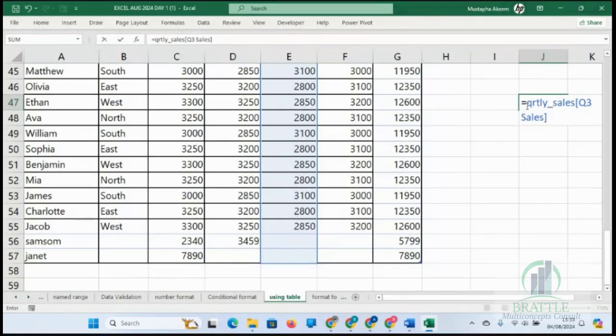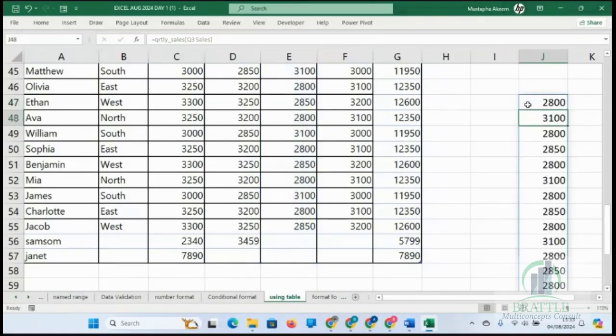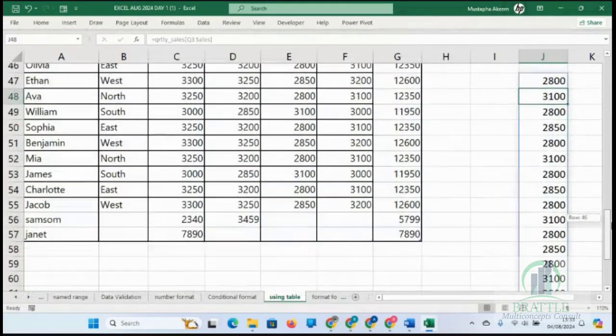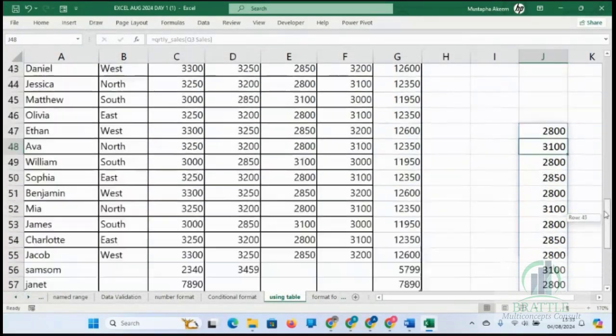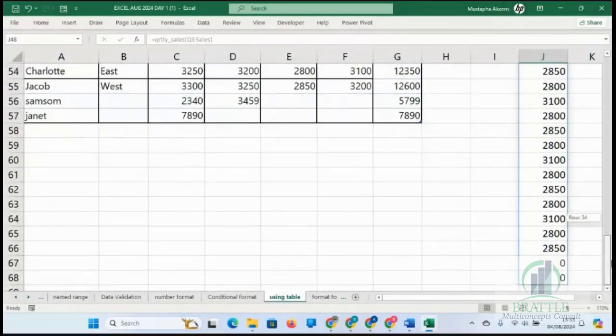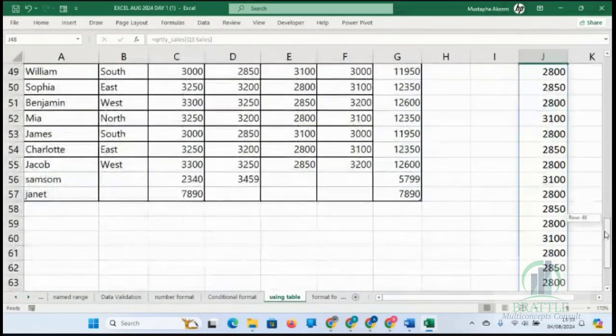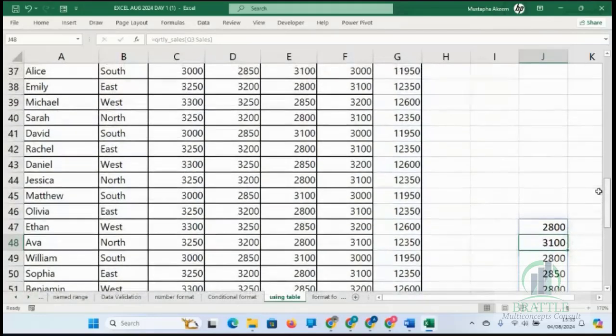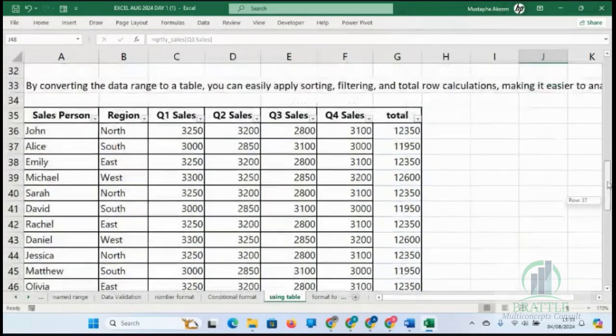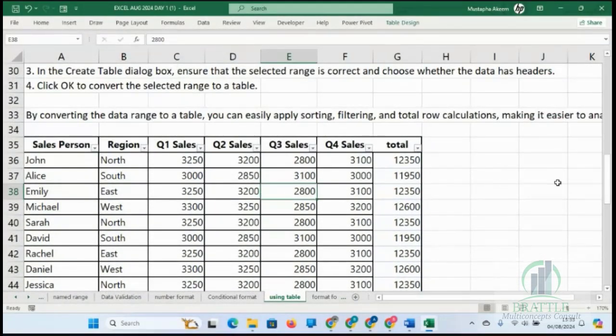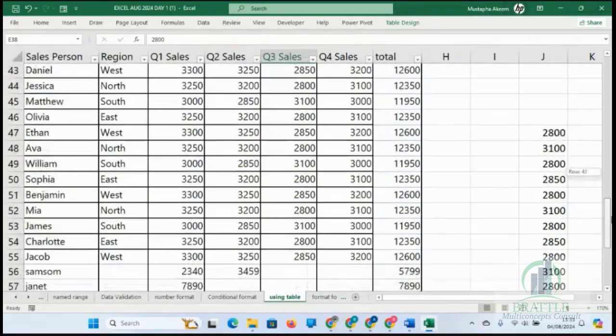If I use sum here and click OK, can you see everything in column 3 is here? I've brought out everything in column 3. Can you try that, everyone? Create the table, name the table, and call out a column name.